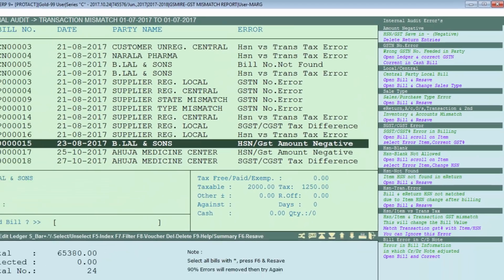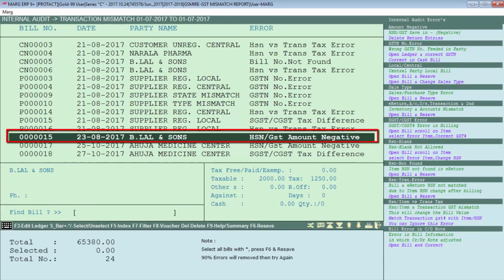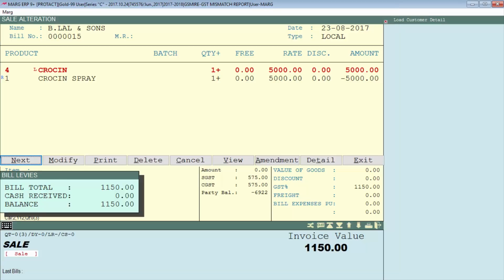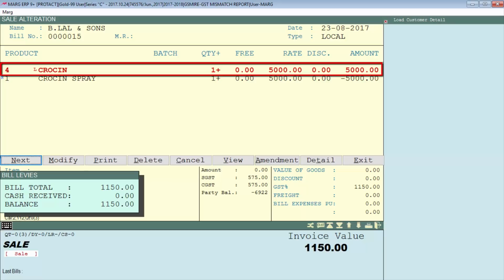Let's now enter on that particular bill with error and view what mistake has occurred in the bill. So this is the bill 0015. In this bill, you can see that we had sold kerosene, which is indicated in red color.